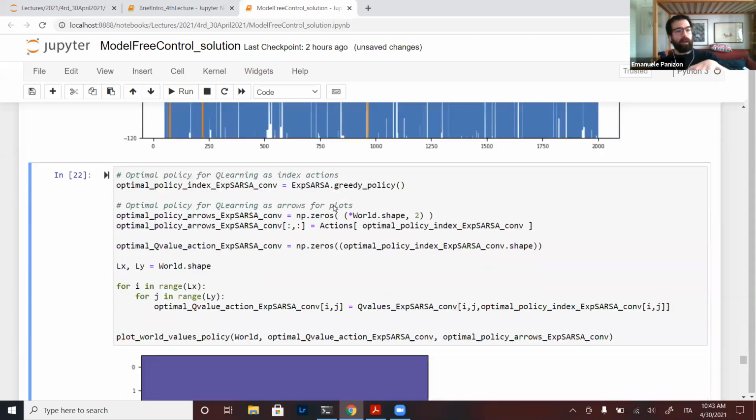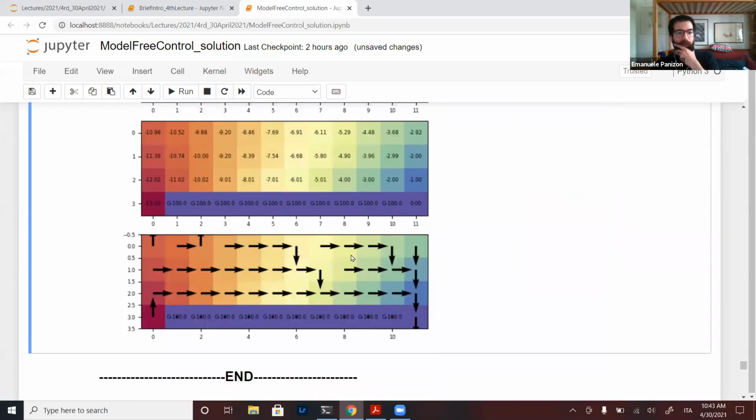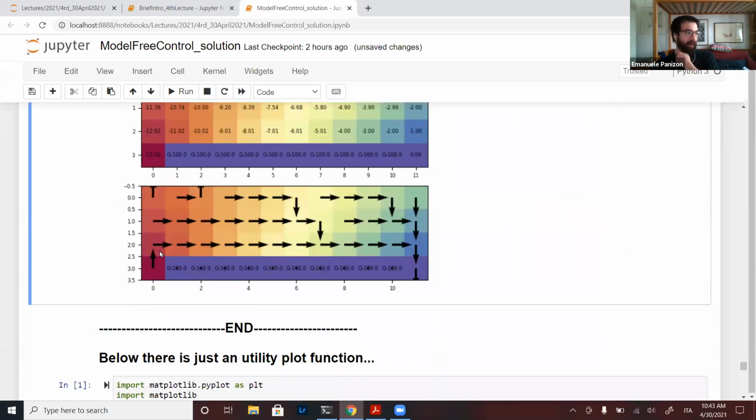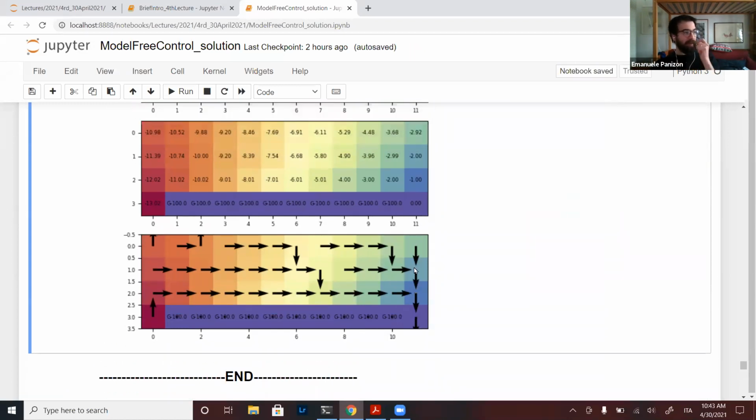And you can see, for example, here, that it does find the optimal policy, which expected SARSA with constant epsilon of 0.05 did not find.